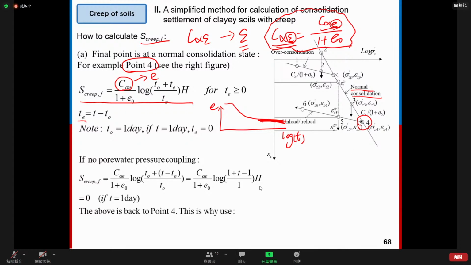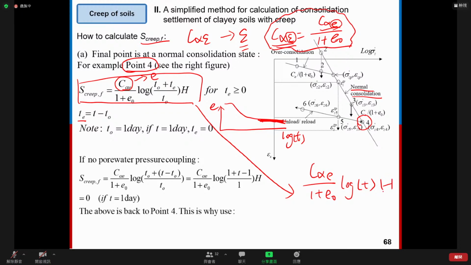And actually, TE, the equivalent time, is equal to T minus T0, right? So this equation can be further simplified to C alpha E divided by 1 plus E0 times log time, okay? Multiply the H, the thickness of the soil layer, because TE is equal to T minus T0, right? T0 cancels, and T0 is equal to 1. So we can further simplify it to this one. So when the final point is on the NCL line, we just use this equation to calculate the S-creep final,